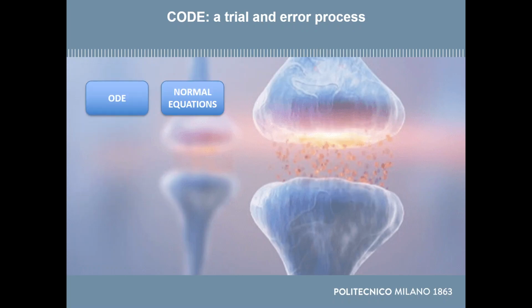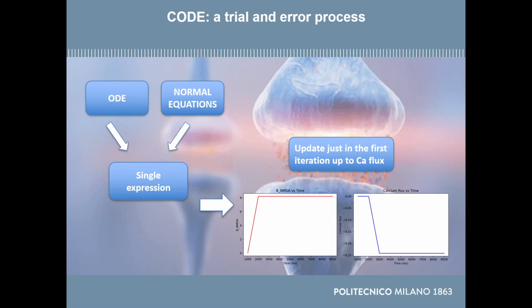Then, we compressed normal equations and ODEs inside single expressions to update them all at once. This approach reduces the number of variables and of commands to execute, and it assures the correct execution order. Even if the model is generated and installed, after one iteration of the pre- and post-spikes, the values of the state variables stop changing, even though the values of their derivatives are different from zero, showing that the problem is related to the simulation. Trying both the standard ODE integration and the Euler integrator, only the first iteration worked.